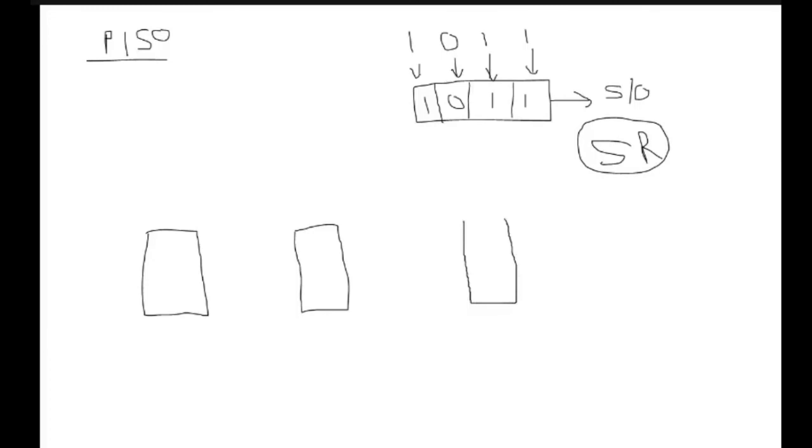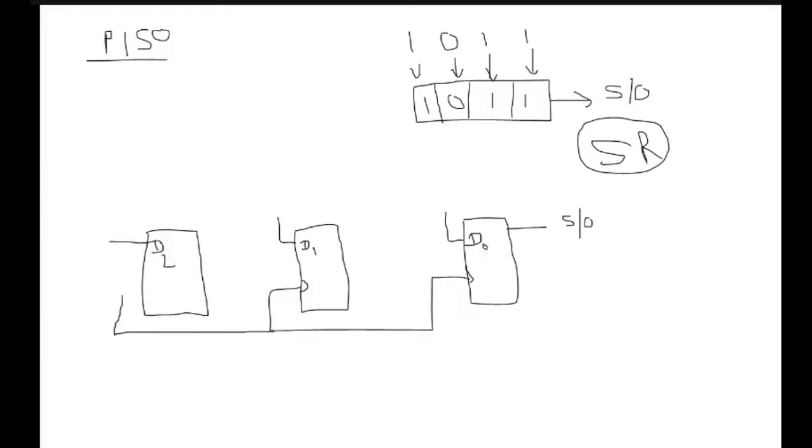So these are the 3 flip-flops that we are talking about. This will be my MSB, so this is my D2, this will be my D1, this will be my D0, and from here we will be taking the serial output. And now this is a single clock that we have to apply. So this is a positive edge trigger that we are considering here. Now when talking about parallel in, we can apply the data here. So if we want to store 101, I can simply apply 101 here, right? But for shift operation, we need to consider an input. Let the input be A. So we are saying when A is equal to 0, it is performing the loading operation.